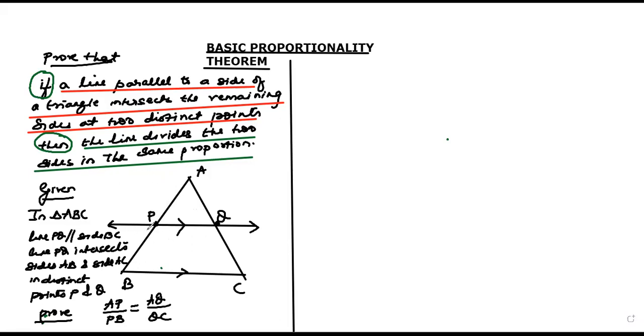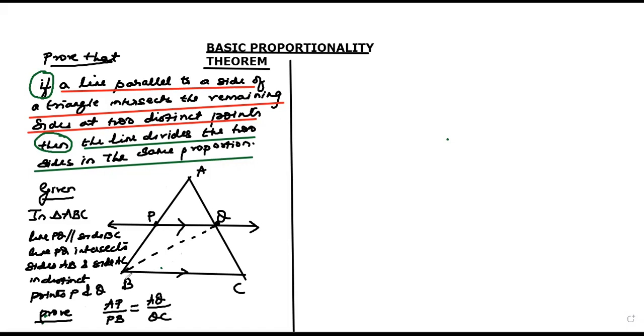So let's see how to get AP and PB. When I look at AP, it can be the side of triangle APQ. That means AP can be the base. Actually, I want area upon area equal to base upon base, then I can get AP upon PB. I should get two triangles with equal heights, having AP and PB as their bases. AP is the base of triangle APQ, but PB is the base of which triangle? So you get an idea, children. If I join B to Q,